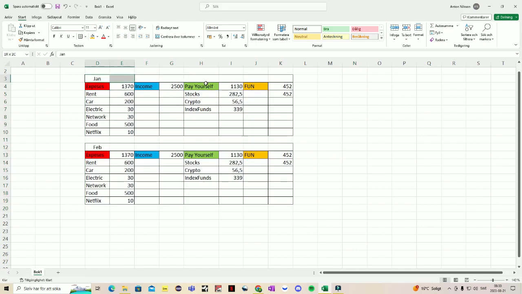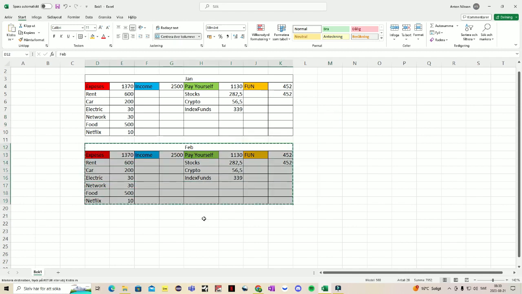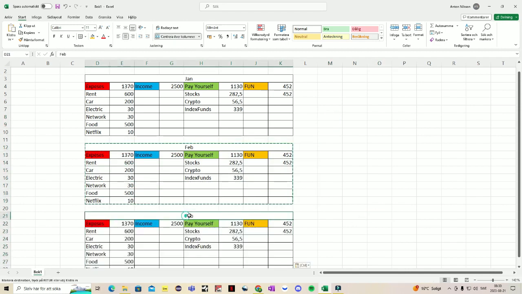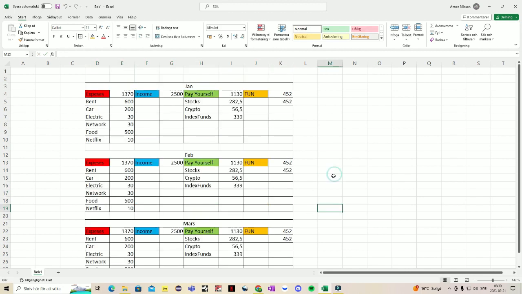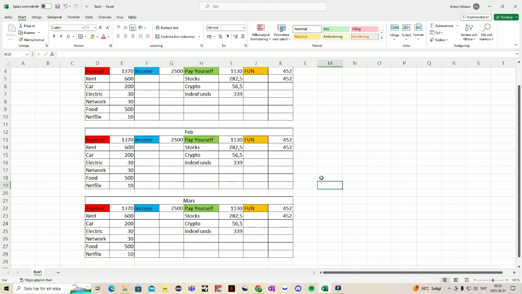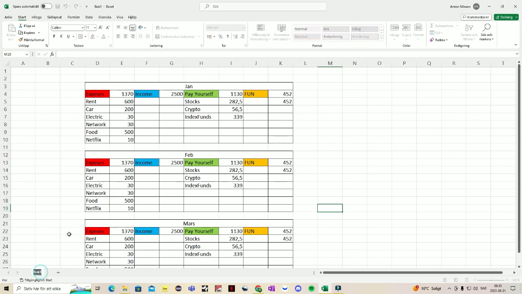Yeah, we gotta center it again because we moved it, and then we copy paste January, February, March. So now you got those 3, and you can name this sheet Jan to Mars,